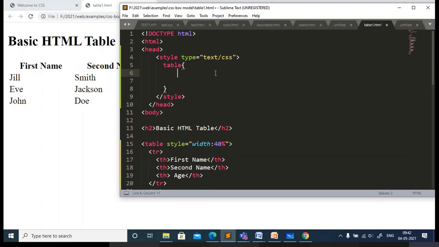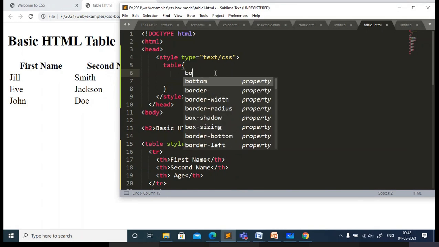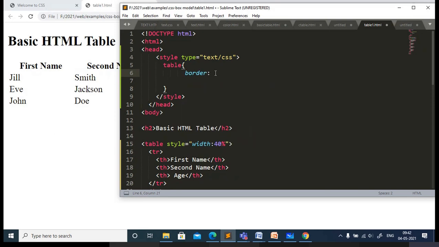Here I will specify the border property. I am giving 1 pixel for the thickness of the border, and I am giving solid, and the color of the border is black, and close it.